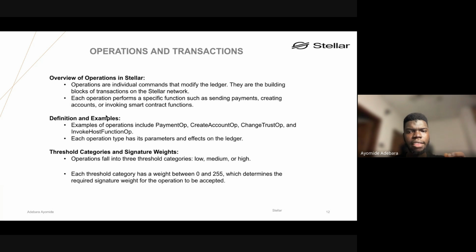You see where they write the threshold, either it is low, medium, or high. Why exactly is this threshold needed? Or what exactly is the threshold? Each threshold category has a weight between 0 and 256, which determines the required signature weight for the operation